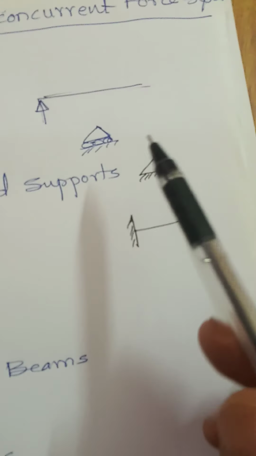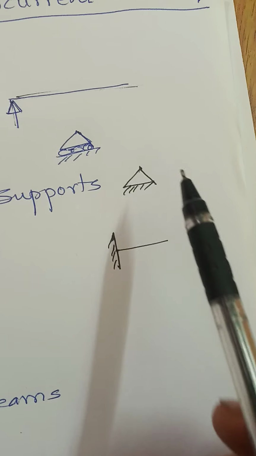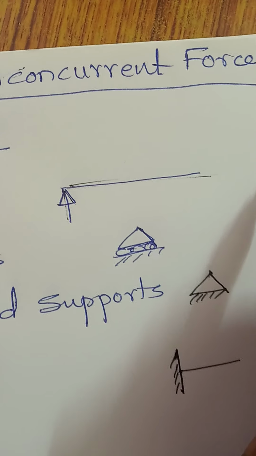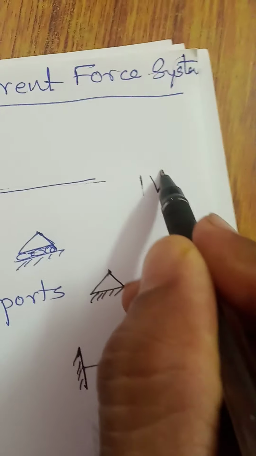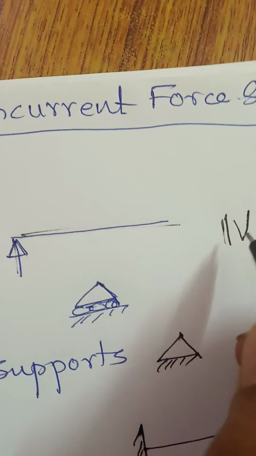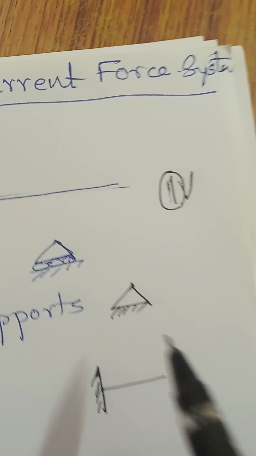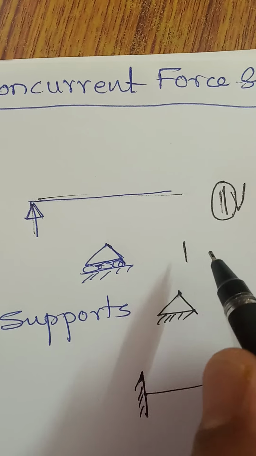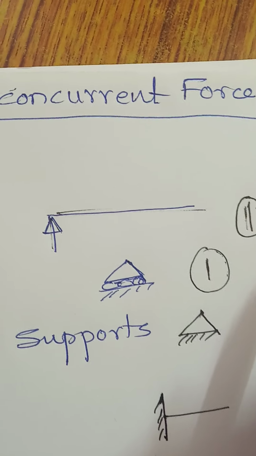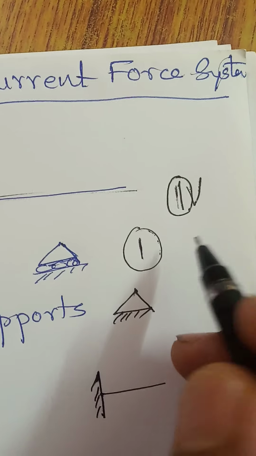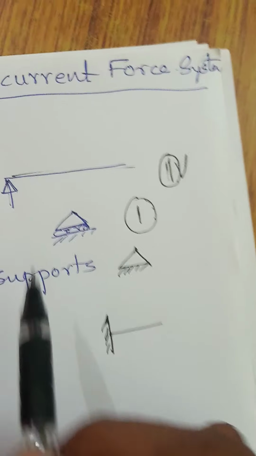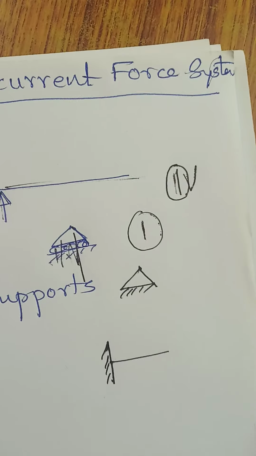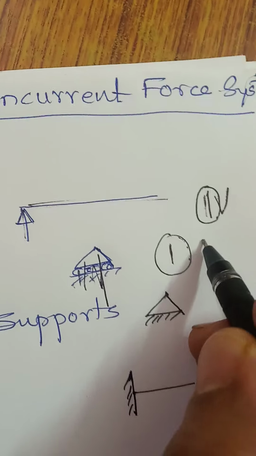So we need to just remember the notations, how it is shown for the beams, so that we can simplify this. For a simple supports, there will be only one reaction component, that is vertical. Here you can write this, one reaction component, and that is vertical. For even roller support also, there will be one reaction component, either vertical or horizontal. That is nothing but a perpendicular line is to be drawn, and that is nothing but one reaction component.